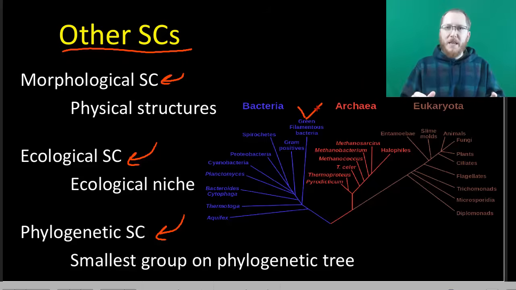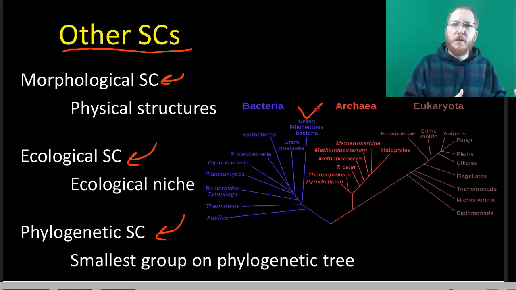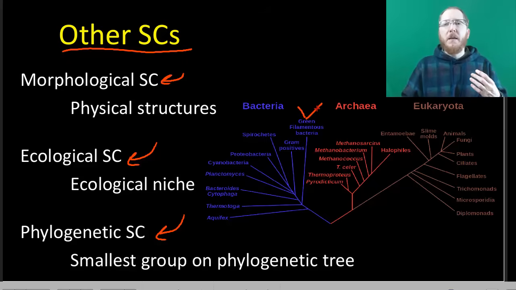Now this can be tricky because it's fairly subjective as to what those final branches should be. But the nice thing about it is because this one doesn't say it has to strictly be about ecology, or it has to strictly be about reproduction, or it has to be strictly about anatomy, with the phylogenetic species concept, we have quite a lot of leeway to use lots of different evidences, be it molecular, anatomical, what they eat, their niche, so ecological, or reproductive. All that can come into play as we try and decide, does this one deserve to have its own little branch, or does it belong on somebody else's branch?